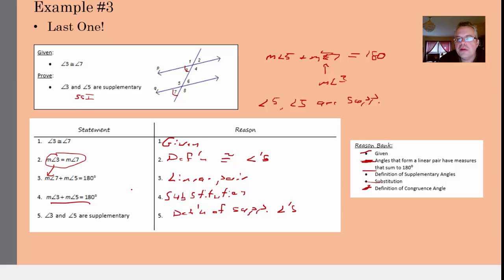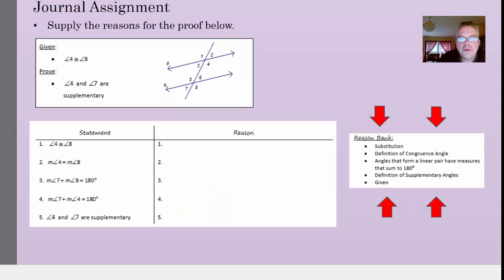They'll give a proof like this. They'll give the reason bank. You just got to pick them out and put them where they go. But it helps to understand the big idea, the plan for the proof. That helps you understand what's going on. All right, here's one for you to practice. Very similar. Given that 4 and 8 are congruent,